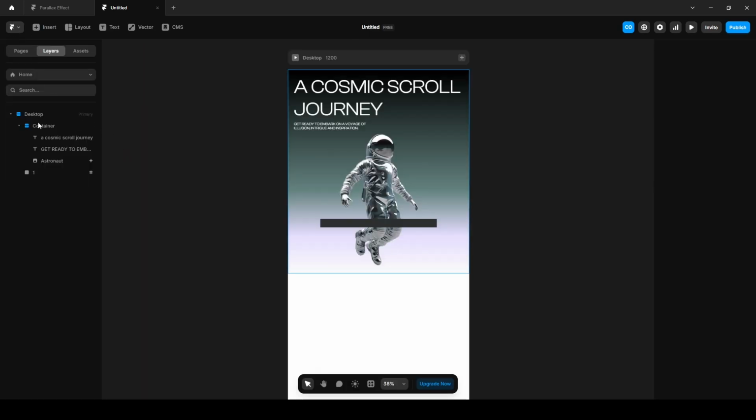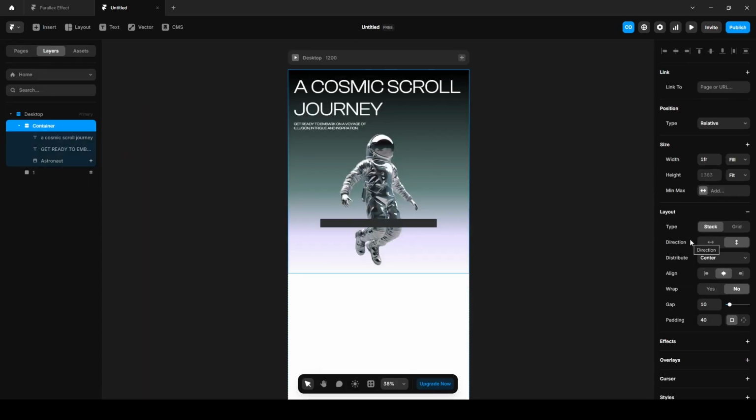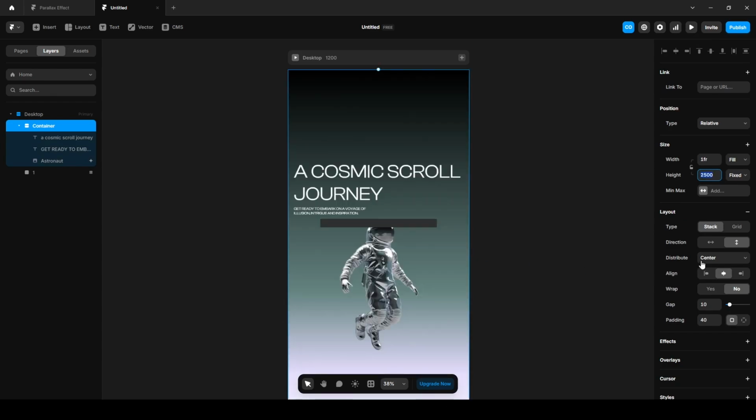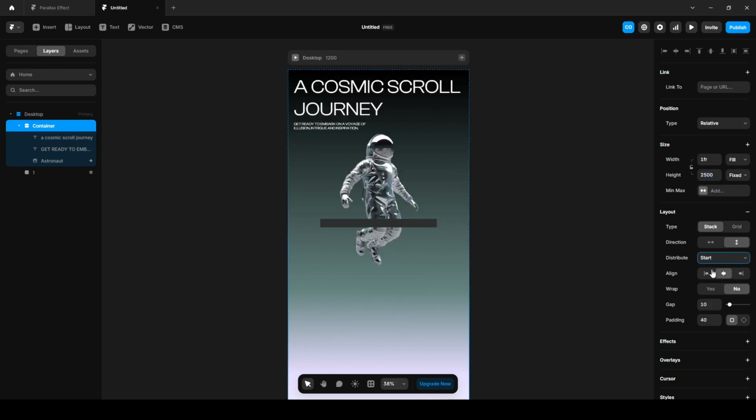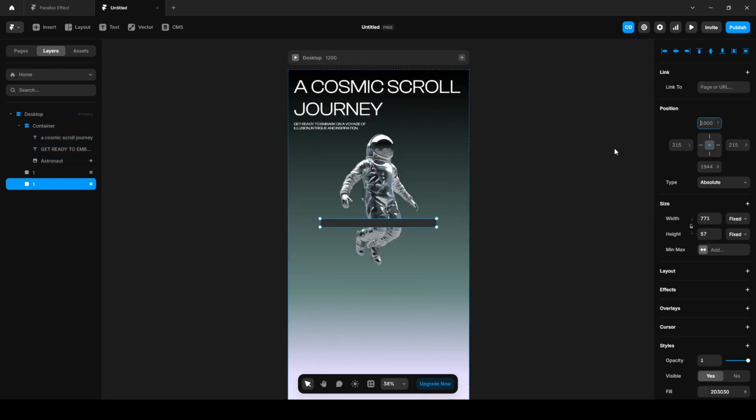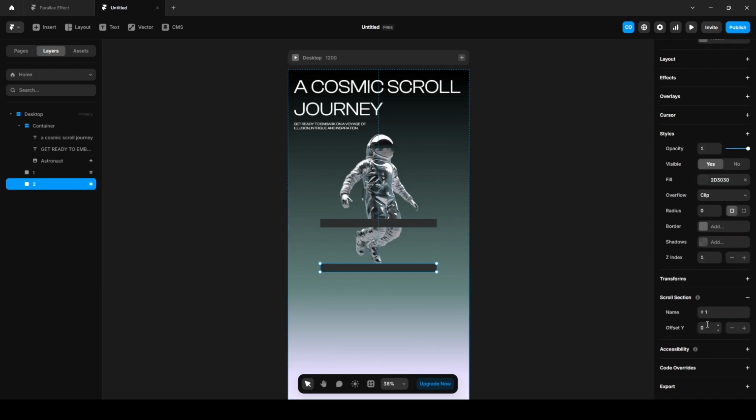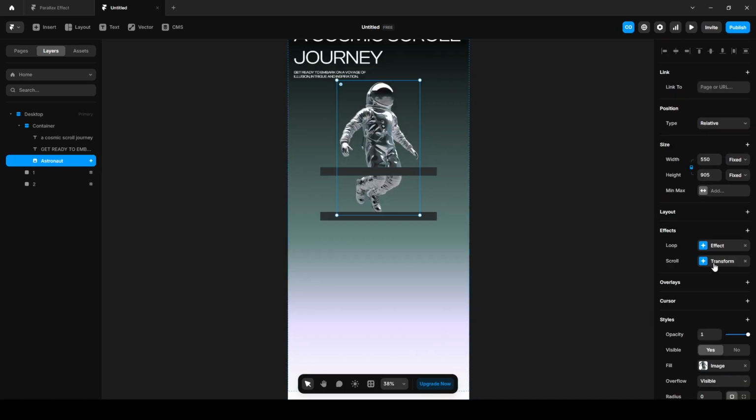Maybe we need to increase the container size to 2500. Click this distribute and click this start. Copy this frame and set the top 1300. Change the frame name here to 2. Scroll down, again rename it to 2 and click this image, transform,